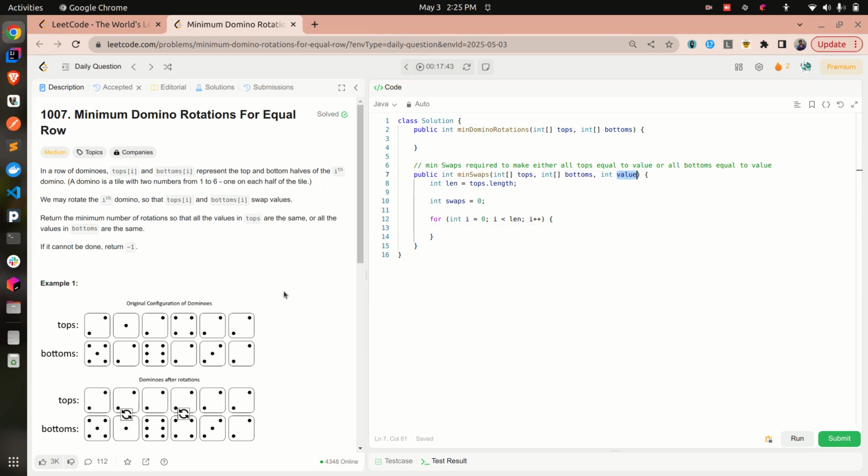When can this be achievable? Let's only consider a particular index. If the value at a particular index is already equal to the desired value, let's say we want to make the top 2, and the value at this particular index is already 2, that means I don't have to do a swap. Or else, if the top is not equal to 2 but the bottom is 2,